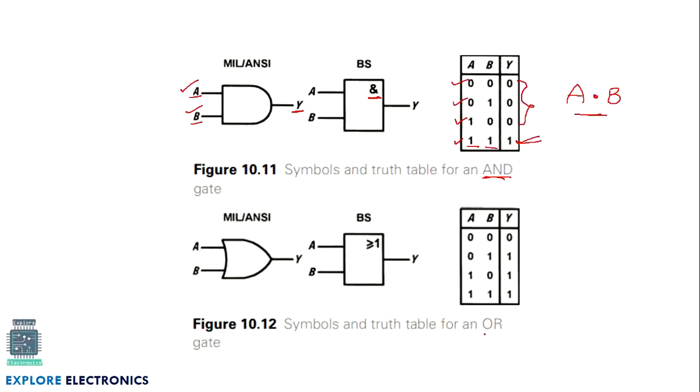And the next one is OR gate. Again look at the name here, OR. It says if A is 1 or B is 1, output will be 1. You can observe here, these 3 are 1s we are getting from A or B. In this case, A is 0, B is 1. Because B is 1, output is generated as 1. In the third case, A is 1, B is 0. So because A is 1, we are getting output Y as 1. Here we are having both ones. A can be 1 or B can be 1 here. That's why we are getting 1. So this functionality will be represented as A plus B.